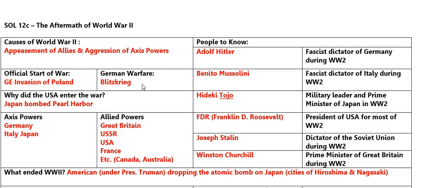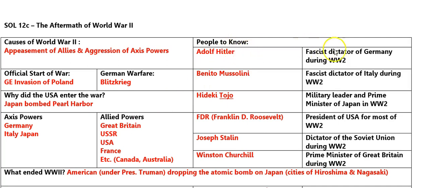We had been trying to stay out of the war, and we had been aiding the British prior to that. Then we have our Axis powers. So we have Germany, Italy, and that should be a separate line, Japan. And then in the Allied powers, Great Britain, the Soviet Union, America, France, and eventually other countries like Canada, Australia. You don't have to add those if you don't want to. So we want to focus on our big three, Britain, the Soviet Union, and America.